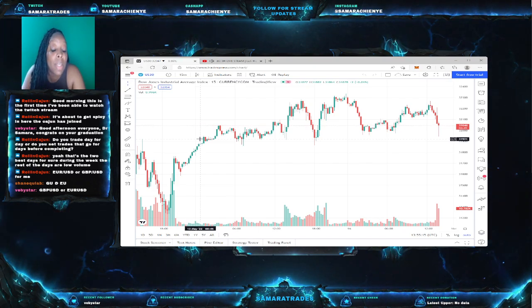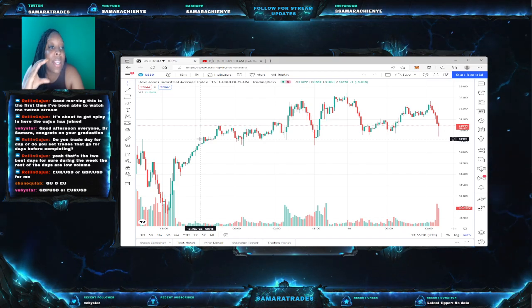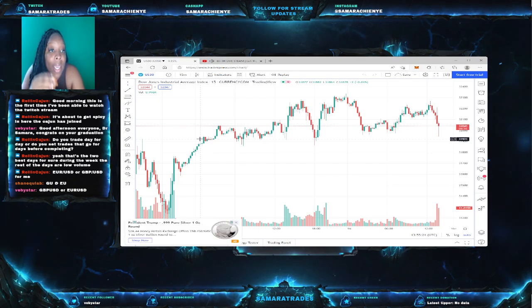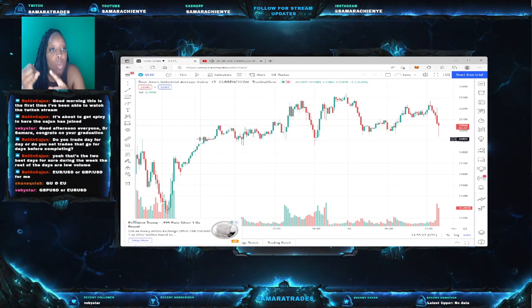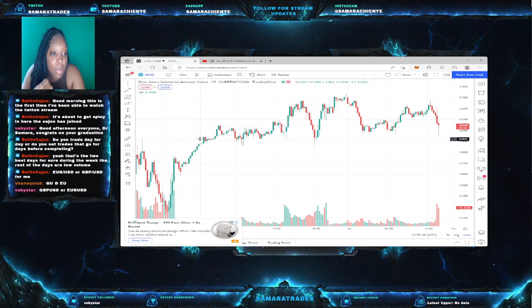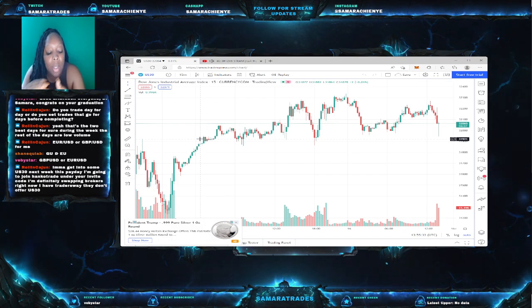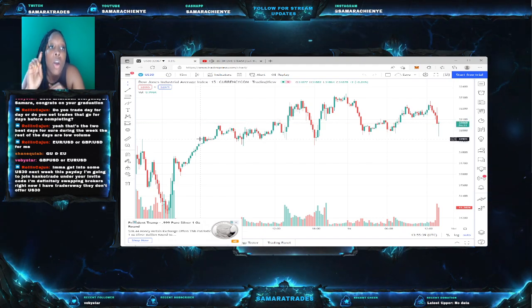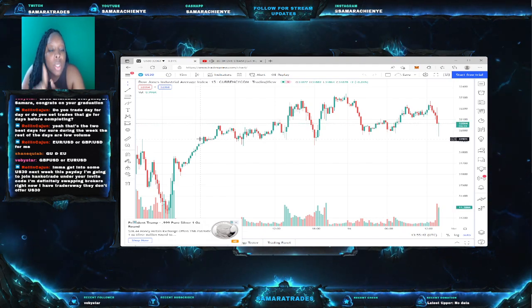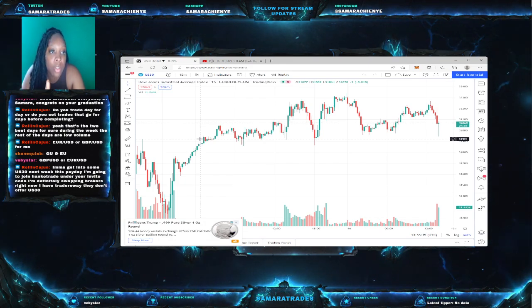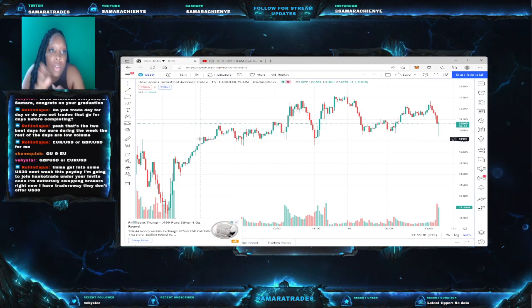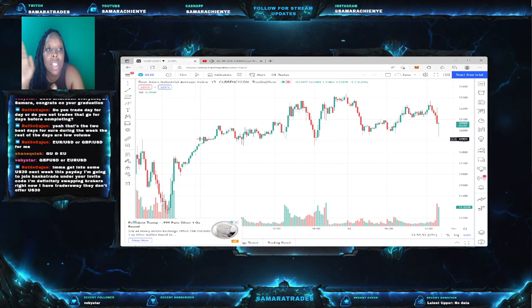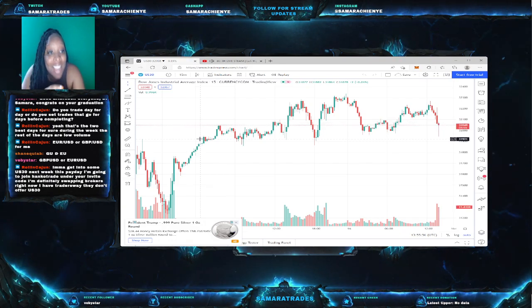So if I'm looking at the 15-minute chart, it's going to take 15 minutes for one candle to be formed, okay? If I'm looking at the hour chart, it's going to take a whole hour for one candle to be formed. Vice versa. If I'm looking at the 1 minute, it's going to take 60 seconds for a candle to be formed. It just keeps going and going. So if I'm looking at the day chart, it's going to take a whole 24 hours for one candlestick to be formed. So when you think about it, if you have 24 hours for one candle to be formed, all those other time frames, like the 15-minute, the 1 minute, the 2 minute, 5 minutes, all those other different time frames are going to affect that one candle that is forming in a day. Okay?